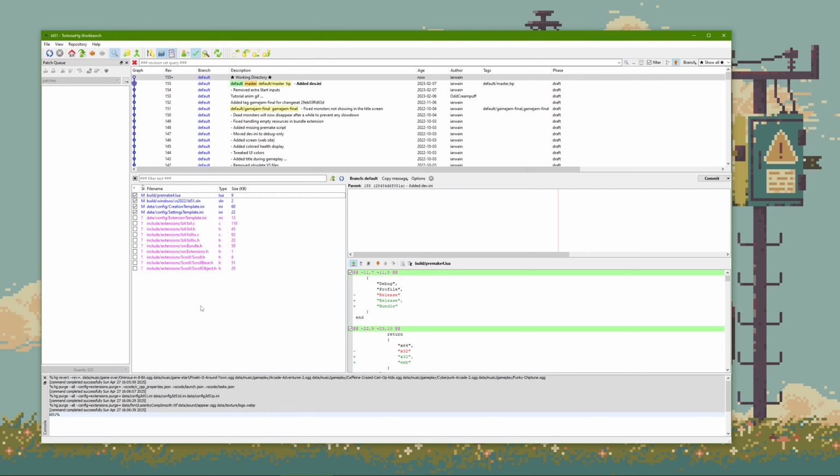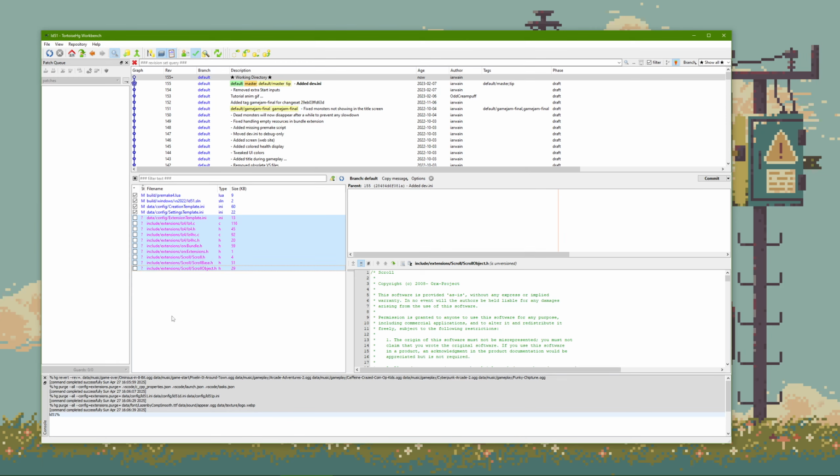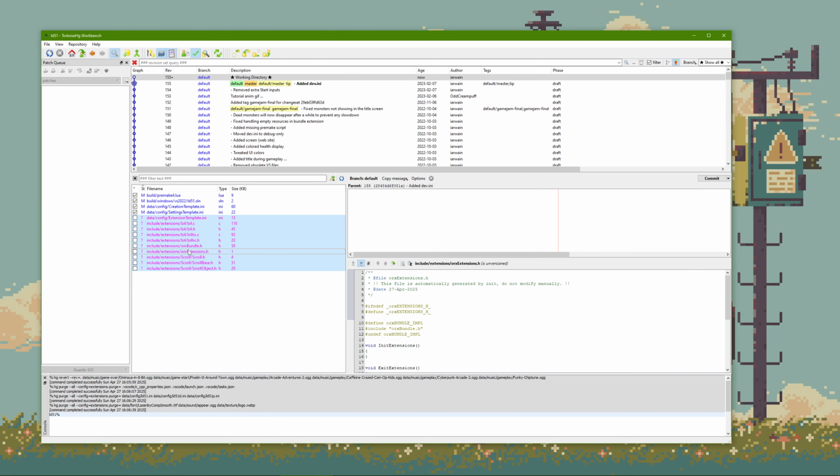What we're going to keep, though, is all the new extension. Before, 2 years ago, the extension were the root of the include folder. Now they are all self-contained in an extension subfolder, which means that when you're going to add and remove extension, it's only going to modify that extension folder. But because back then it wasn't the case, I need to add those here. So there we go, they are added.